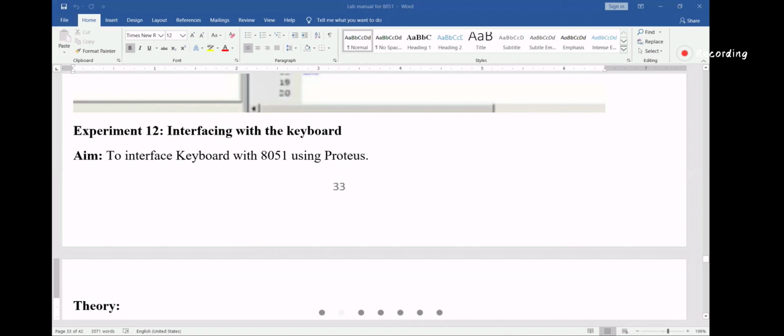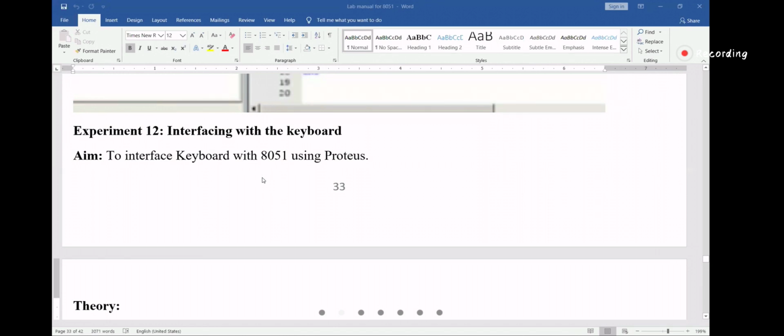It may be something like a calculator. Okay, a small calculator with some digits, a keypad.